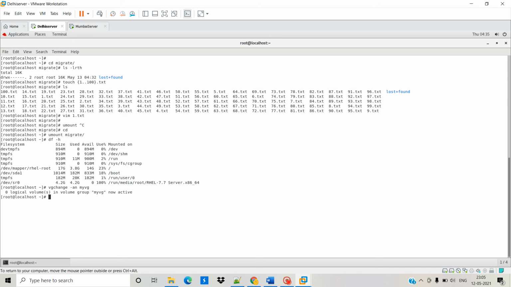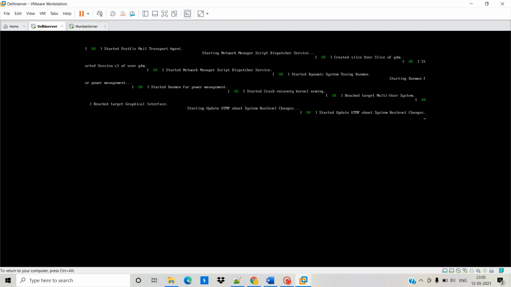Now vgexport and your VG name, myvg. So volume group myvg was successfully exported. Now I am going to power off this machine. Done, so I have completed all things on my Delhi server.